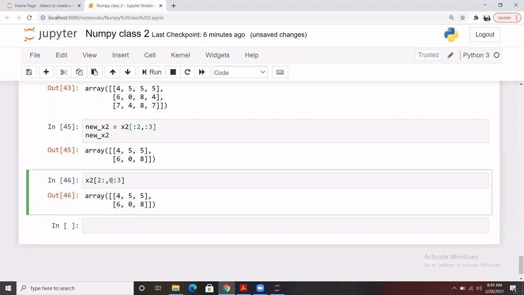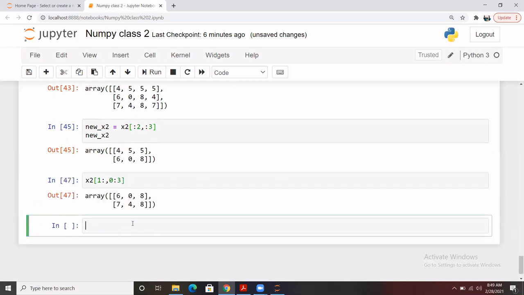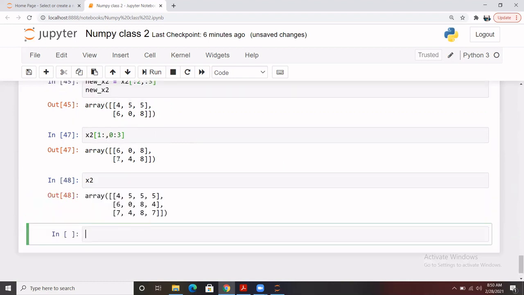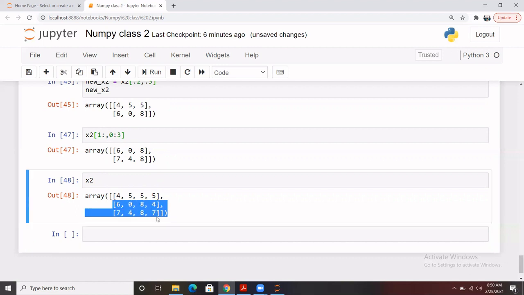I mean the rows will be after 1, since it's a small array, so I'll be giving all rows after index 1, and all columns till index 3. So the syntax would be something like this. And let me validate it. x2 is here, and you see the row part starts from 1 till all the rows. So you see 0, 1, 1 starts from here, so it will capture this highlighted part.